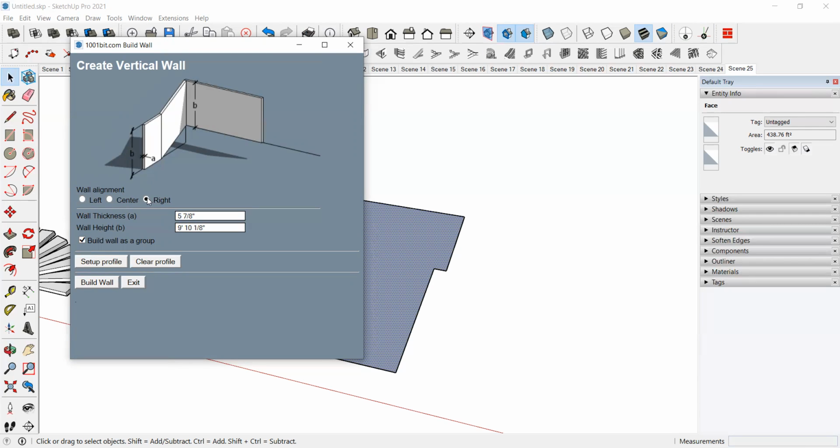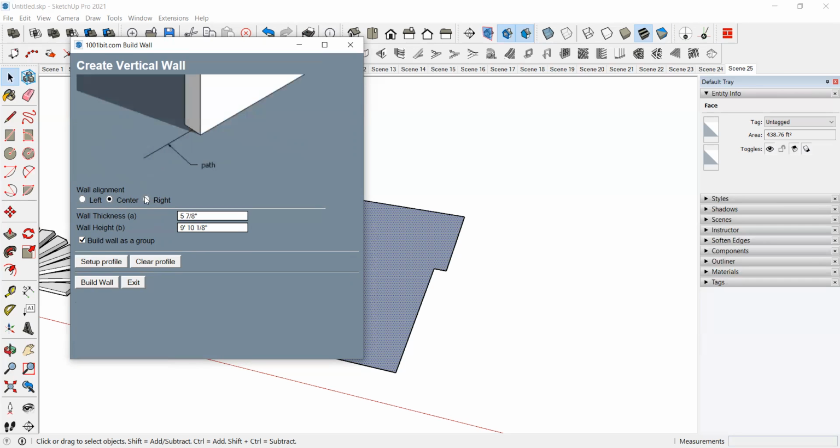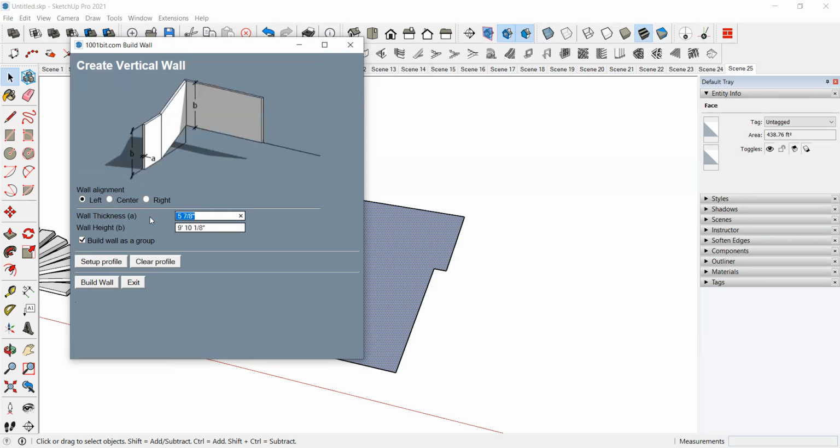So here from right side, from where you want to pick that wall, from center or right or left. Okay, I want from left. And what is the thickness, wall thickness? So you have to mention that thickness. So minimum 6 to 9 inches. So I will take 9 inches. And what will be the height of that? I will take 10 feet.